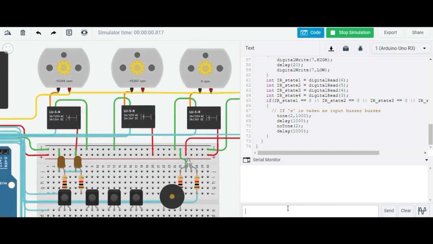When I give 1, these 2 DC motors rotate clockwise for 3 seconds and then stop, that is the robot moves towards the right of the carom board. And when I give 2, these 2 LEDs which represent the anti-clockwise direction of the DC motors rotate for 3 seconds and then stop, that is the robot moves towards the left of the carom board. When I give 3, this striking part rotates for 2 seconds, hits the striking rod, stops for 1 second and comes back to its original position by rotating anti-clockwise.